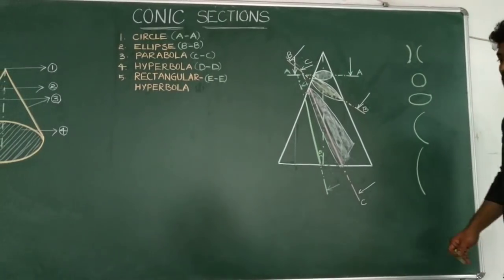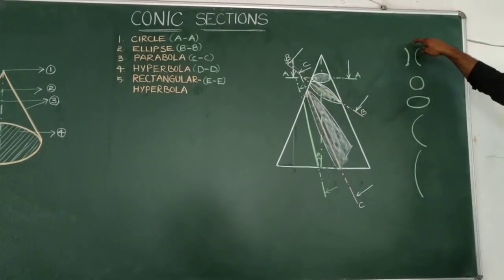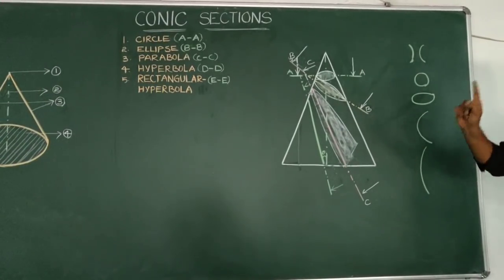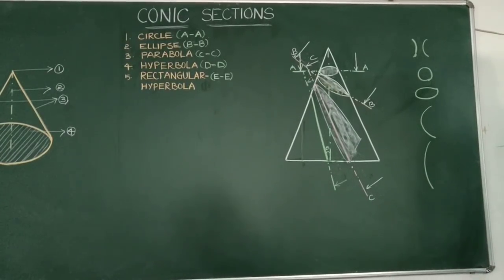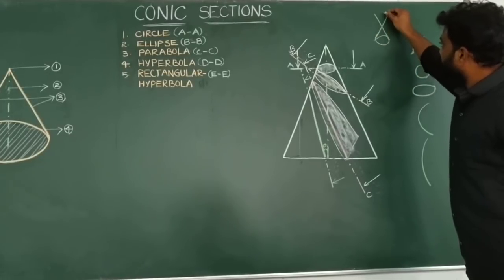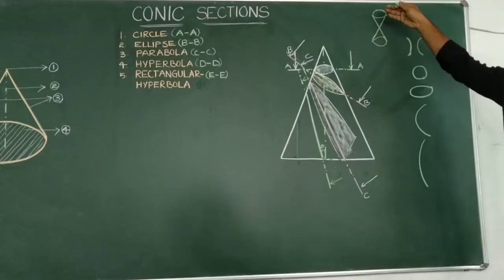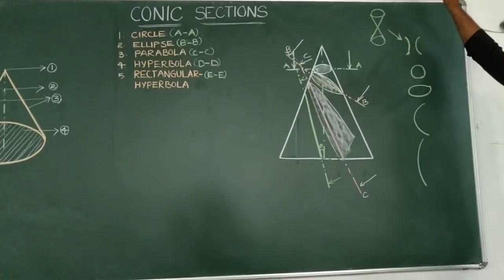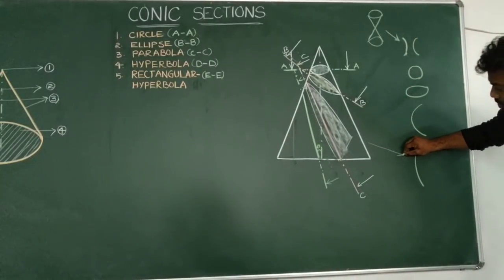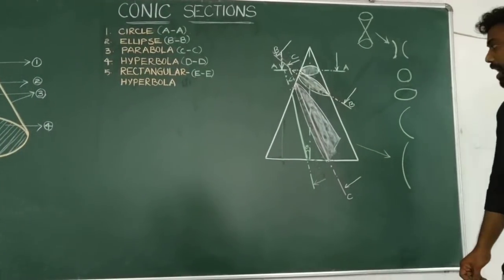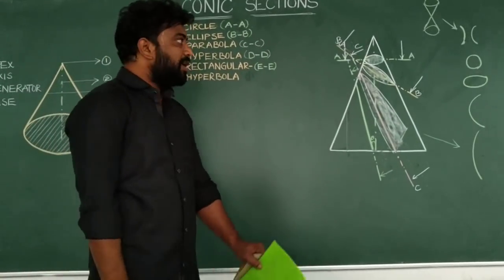But some of you people are having doubt. Hyperbola means this is the shape of the hyperbola. But here we are cutting only one cone. If we cut double curved cone, that means when we are having cones in this way, and if we cut these two curves, that means double curved cones, we will be getting the hyperbola in this way. But we are cutting the single curved cone in this, so that we are getting only single curve. That is it.